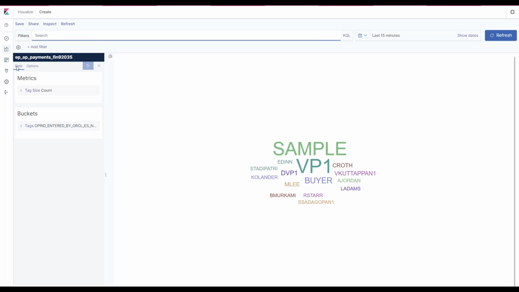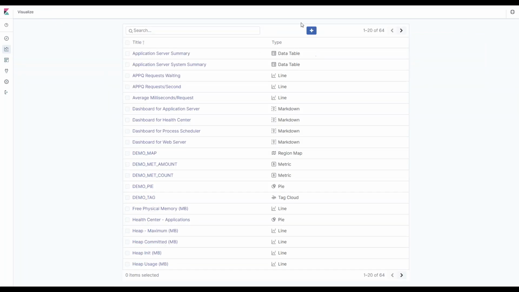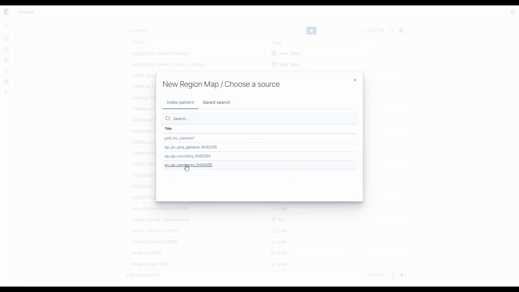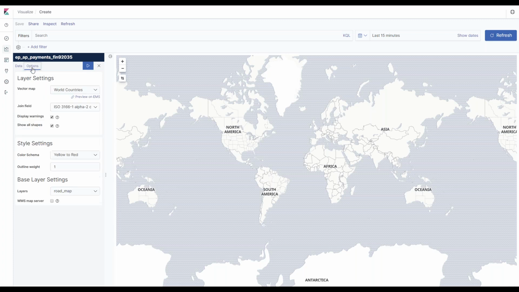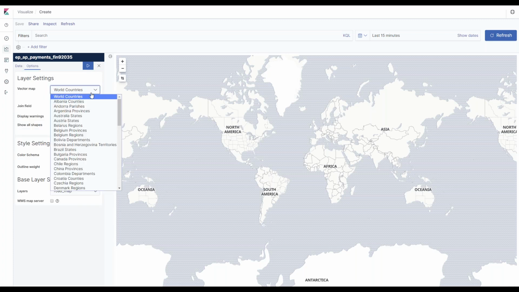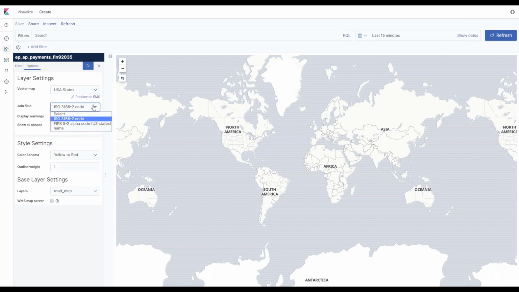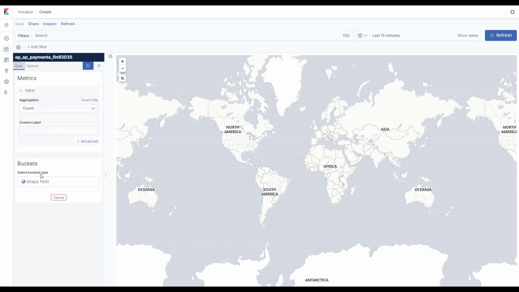You're going to add the region map. Yeah, payments. From here, we've got count, options. So I want to break our map down in the United States by state. So I'm going to select that, and then I will do the FIPS Alpha 2 state standard. Since this is a junk data set, I'm going to uncheck that, but I go back to here.